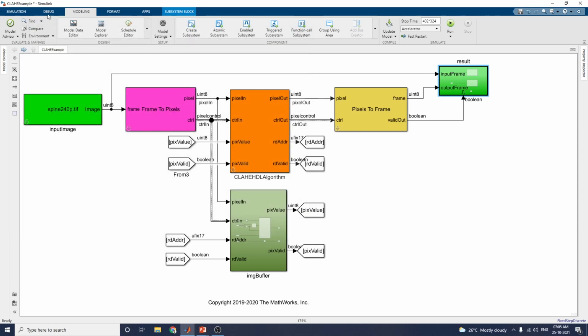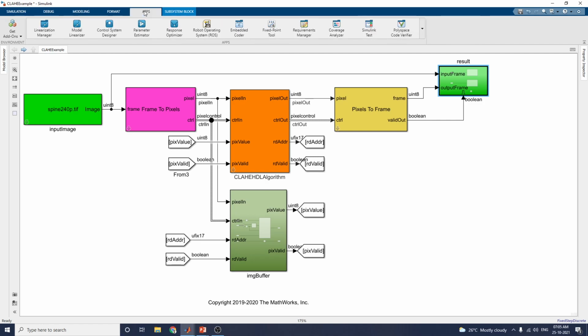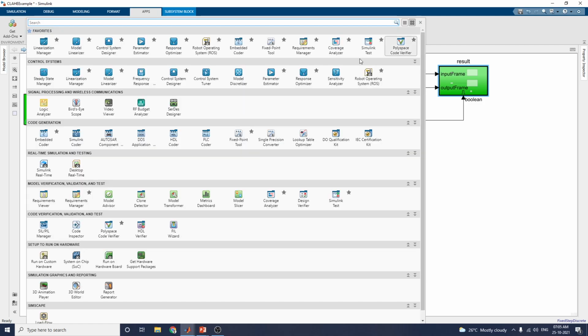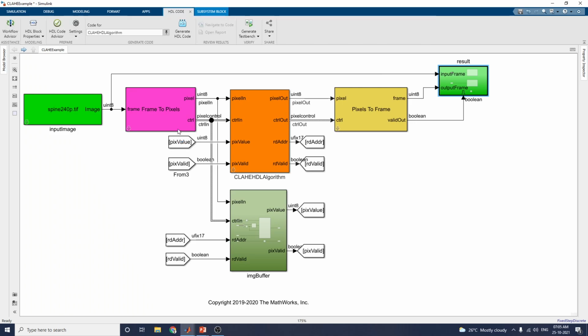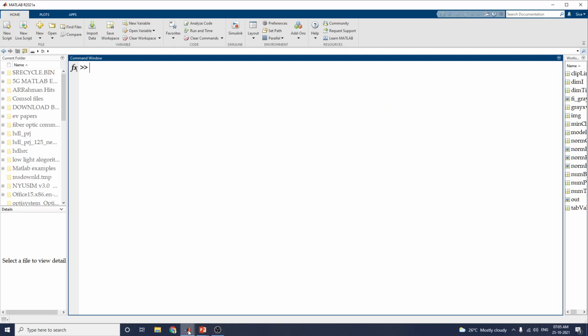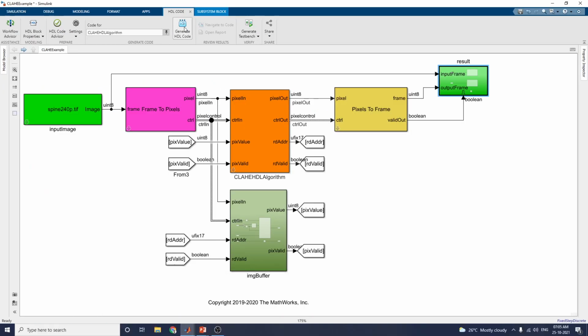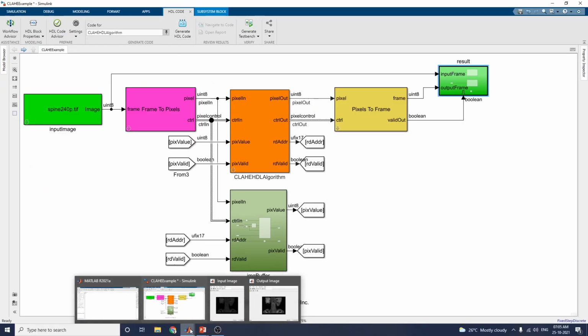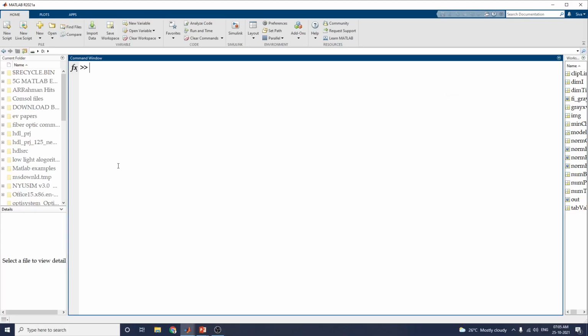Now let us see how to generate the HDL code. By using the apps block, just go here by clicking Apps. In this drop down list you need to choose HDL Coder. Okay, after getting this HDL Coder for this algorithm, just check. After that, just click Generate HDL code. Now you generate HDL code, and you can understand what will happen. It takes some more time, please stay with us.